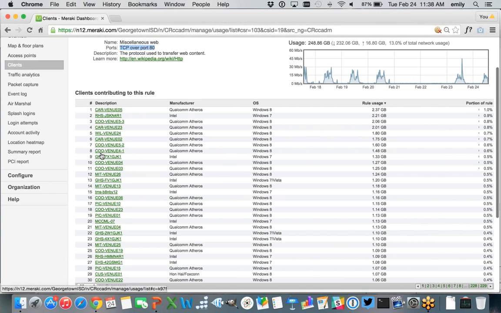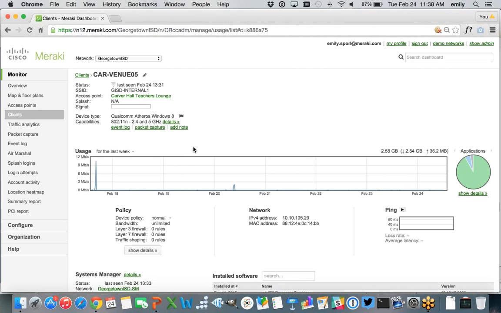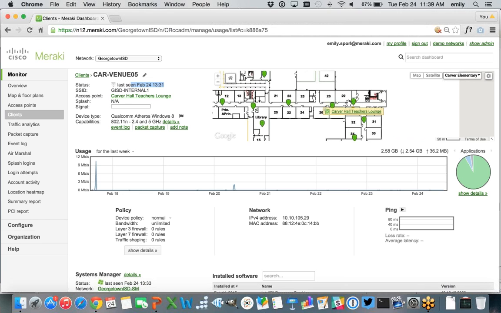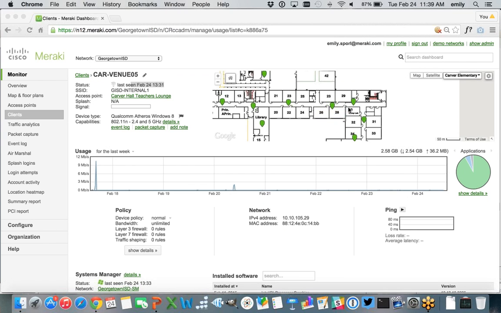Likewise, with all of these clients here or in the previous page that I showed you, it's very easy to dive right into a client device and get more information about it. So this particular one is offline at the moment, but we can see when it was last seen. It was last seen today, and it looks like Donnie has uploaded floor plan views into Dashboard, so you can actually get a sense for which vicinity of a building this particular client was in, based on where he's placed APs on his floor plan view. And you would actually see real-time signal strength if this client was connected.